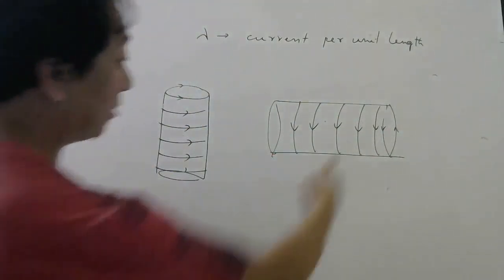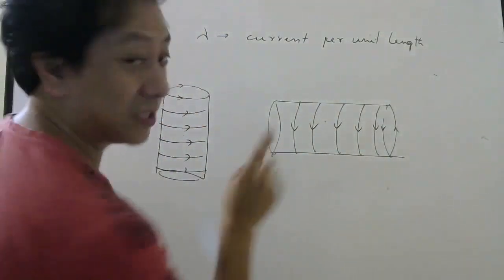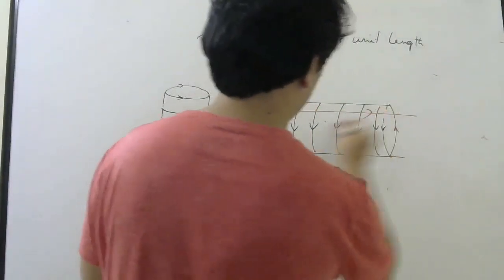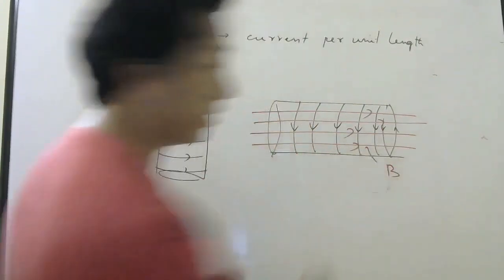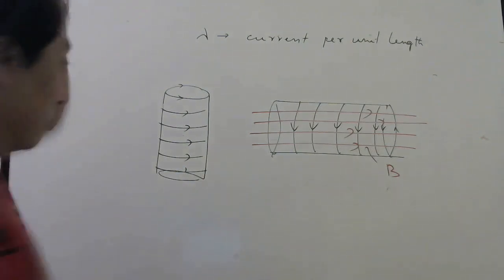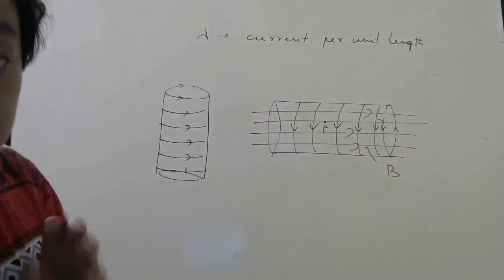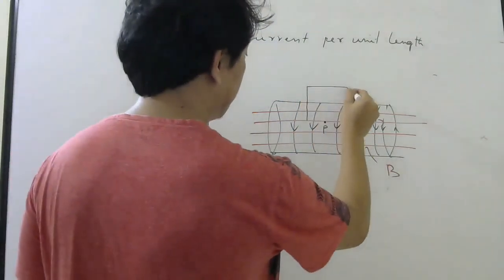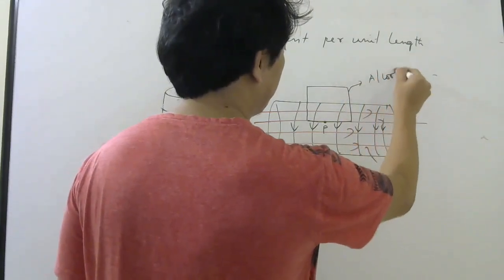Now you know that this kind of current, since it is infinite, will produce no magnetic field outside, just like in the case of the solenoid I have explained. Inside, the magnetic field will be like this. This is how your magnetic field lines look, exactly like a solenoid. If I want the magnetic field at some point here, you have to draw one Amperian loop. The best way to draw the Amperian loop is like this. This is my Amperian loop.